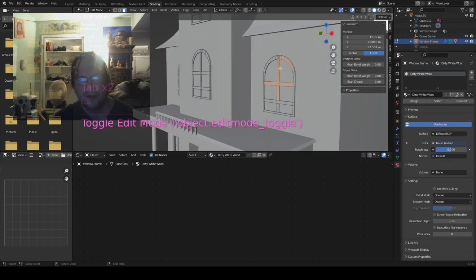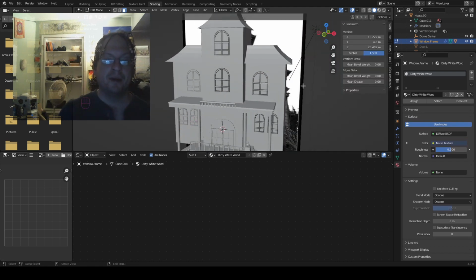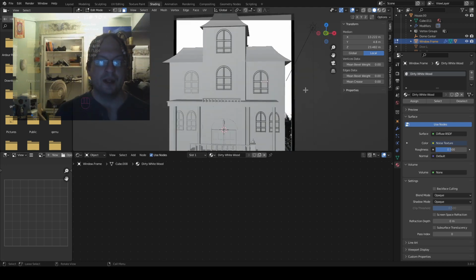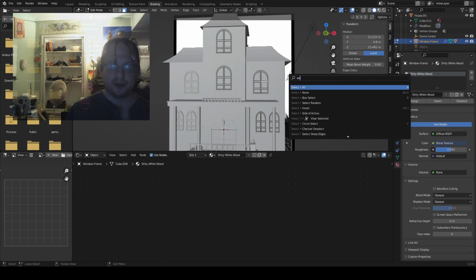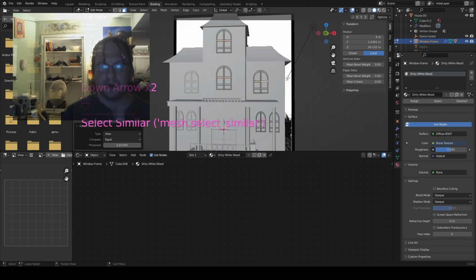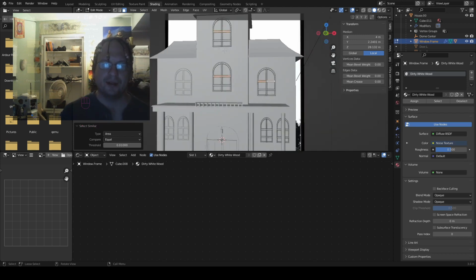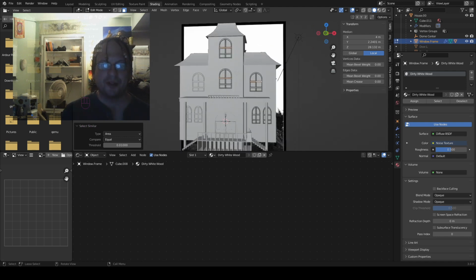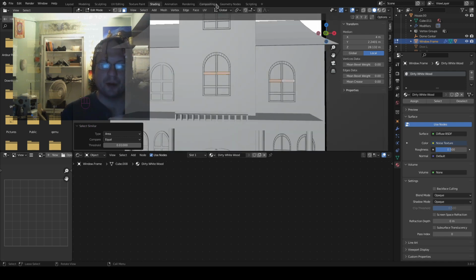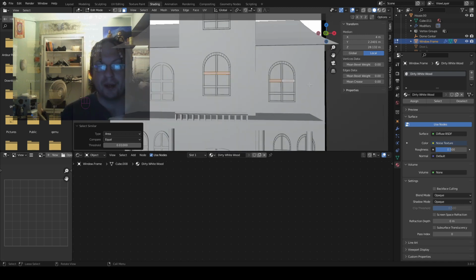Oh, I see. So, if I grab that and I want to select every single one of them that happens to be uniquely the same shape, I'm going to do select similar. And I could do perimeter, area. Let's go with area. And as you can see, it grabbed every other window here that is uniquely identical. I'm just noticing now that I have duplicate mesh over here because this is getting mirrored right across its center. It's probably not immediately a big problem or something I want to mess with right now, but I'll probably fix it before we